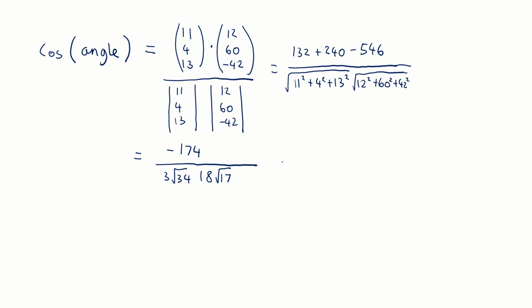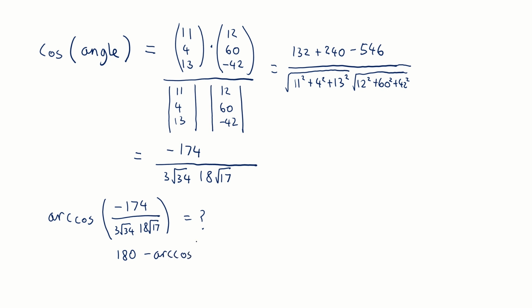Cool. Now I can talk about the next thing, which is, as I said, we want to find the angle. Now you've got a couple of choices here. You could either do arc cos of the thing we've found here and find what the angle is. And then, of course, realize that we wanted an acute angle. So if you do arc cos of your number and it ends up not being an acute angle, you could then, of course, do 180 minus the arc cos value, whatever it was, to make sure it then is an